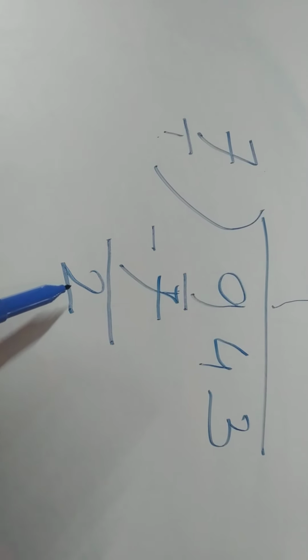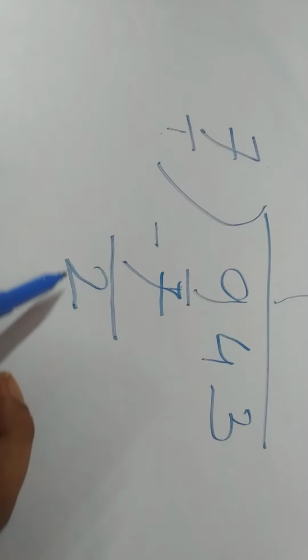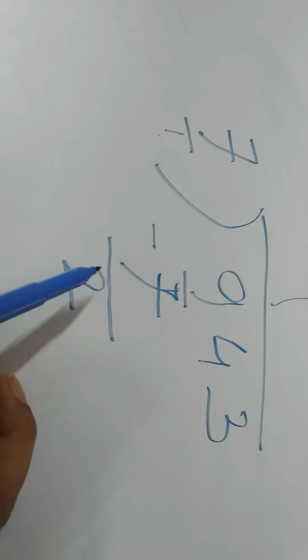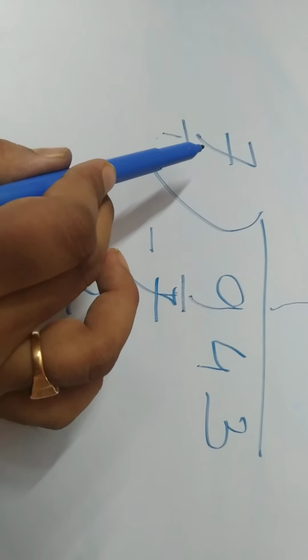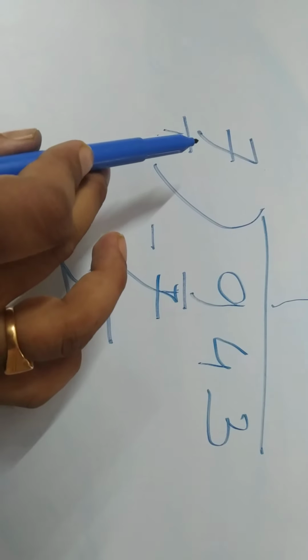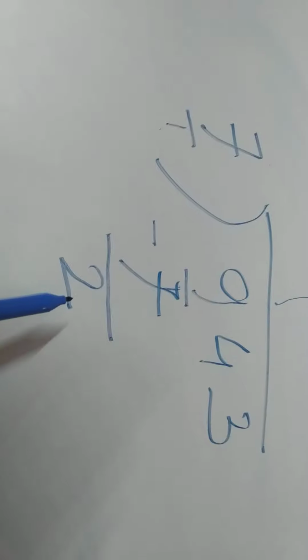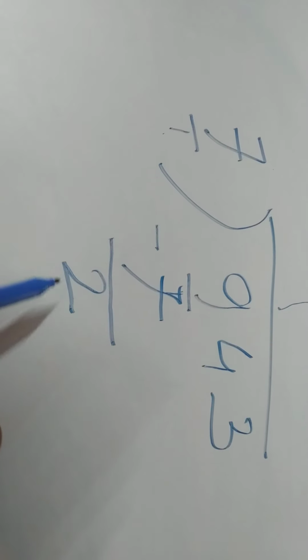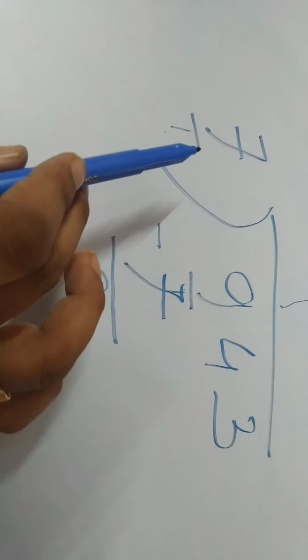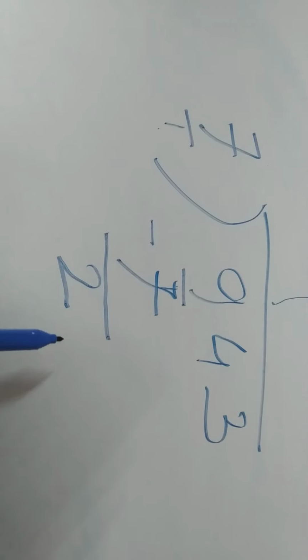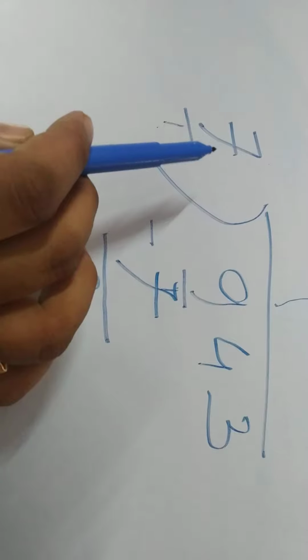So there is a trick, my friend. If you find this remainder, it should always be less than this divisor. Okay, it should always be less than this divisor. So it is 2 here, it is 7 here, so it is less. If anytime you find this remainder is bigger than this divisor, that means you are doing it wrongly. Always check this remainder should be less than this divisor. Okay, so 2 came.